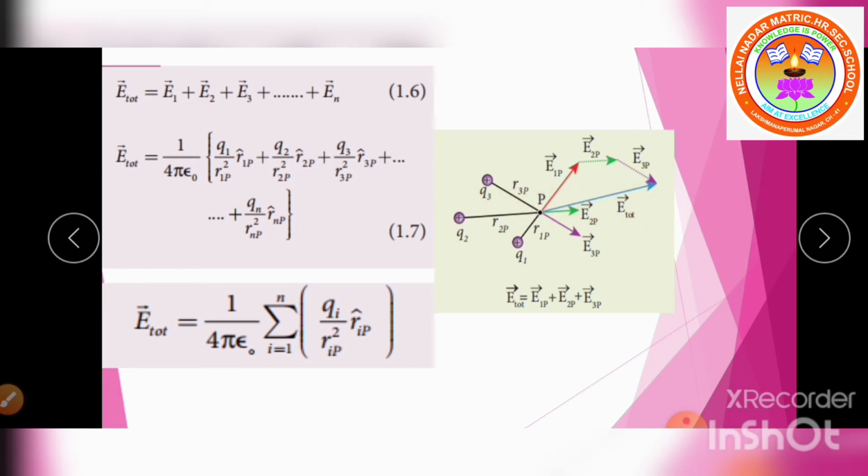Next I take the charge Q3. For the charge Q3, the resultant E3P vector is in an outward direction because here also the charge is positive. So Q1 is a positive charge, the resultant is in an outward direction. Q2 is a positive charge, so again outward. Q3 is a positive charge, again outward. So now listen children, at the point P we have 3 vectors: E1P vector, E2P vector, E3P vector.